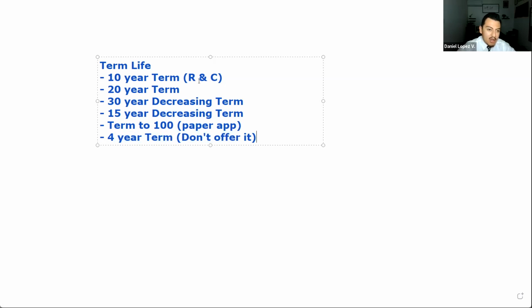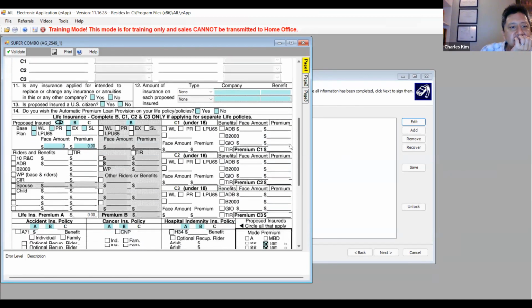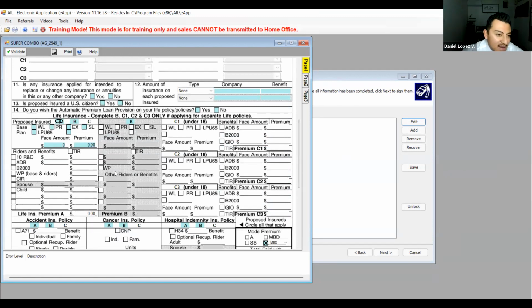Okay. Now, where is it on the app? Well, it's found on the super combo. Do you guys see the super combo where I'm showing you? Yes. Okay. So here you're able to decide what they get. So let's say John, we're gonna have another video that goes into exactly everything in here. So here's a whole life. You can offer them whole life regular, whole life preferred, whole life executive, select, or this box. Okay, this box after it's done keeps loading. You press this box right here.